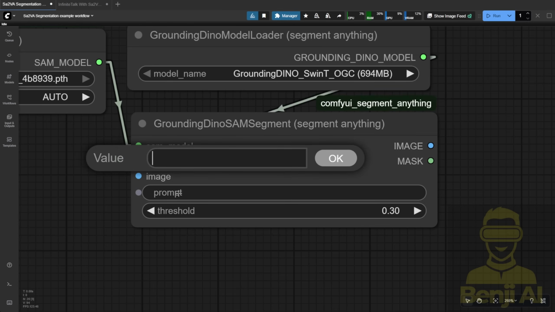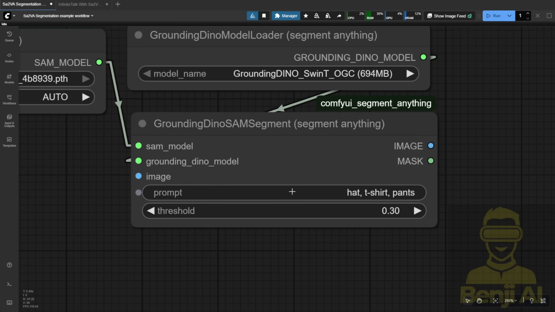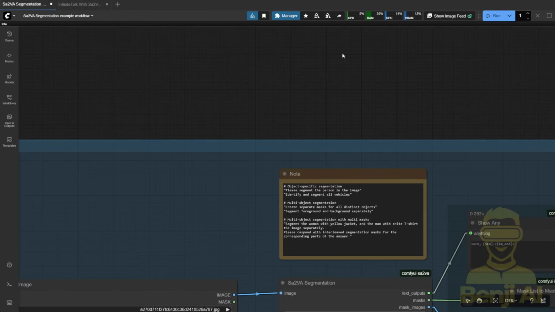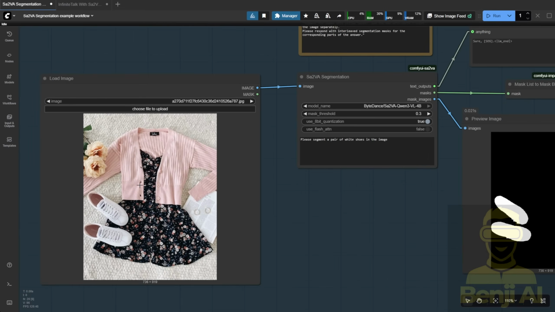Then you use a prompt, and actually, this prompt doesn't allow you to have a full paragraph or 1 or 2 sentences of text prompts as input. Grounding DINO is only able to process a few text keywords in this prompt. So, let's say you have shoes you want to mask in the image, you just type shoes or a hat, something like that. Or if you want to combine multiple things, like hat and t-shirt together with pants, it's basically keyword-based input here. And if you have multiple people or multiple items, like in some cases where you have a few characters standing in front of an image, you won't really be able to specify which character you want to